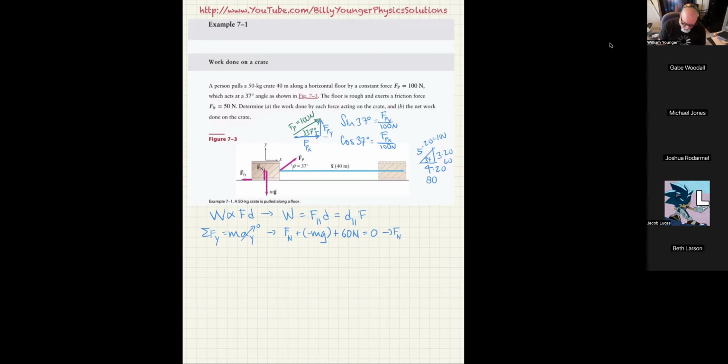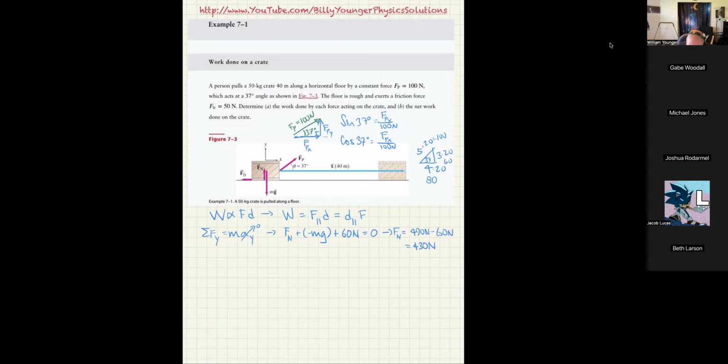That's always a careless mistake waiting to happen. So, anyways, when I take 50 times 9.8, I get 490 like this. So the normal force is going to be 490 newtons minus 60 newtons, which equals